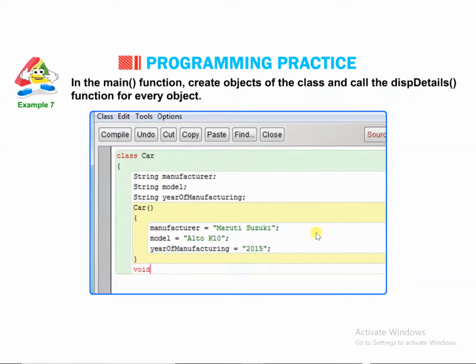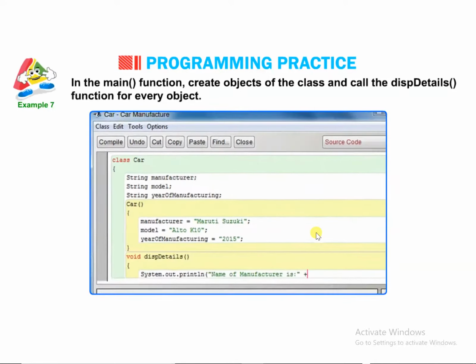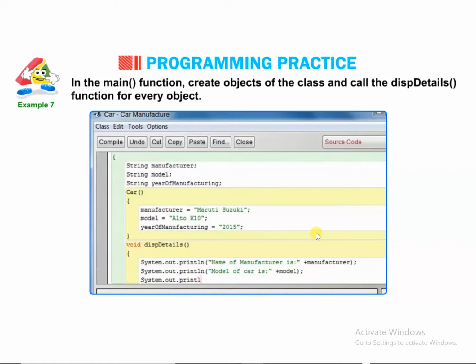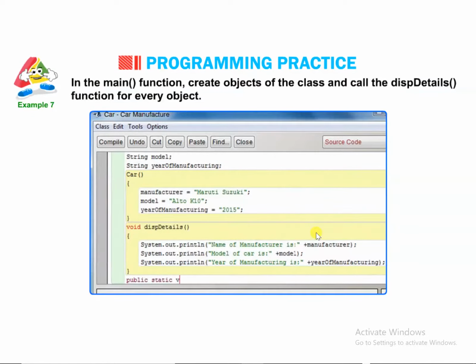} void displayDetails() { System.out.println("Name of manufacturer is: " + manufacturer); System.out.println("Model of car is: " + model); System.out.println("Year of manufacturing is: " + yearOfManufacturing); } public static void main(String args[]) {